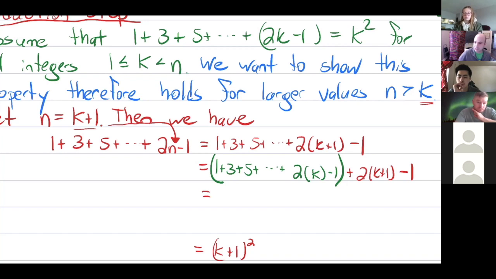So I've got a question to clarify something, but I don't know what the something is. Which part? So that means going from here to here. Yeah, so